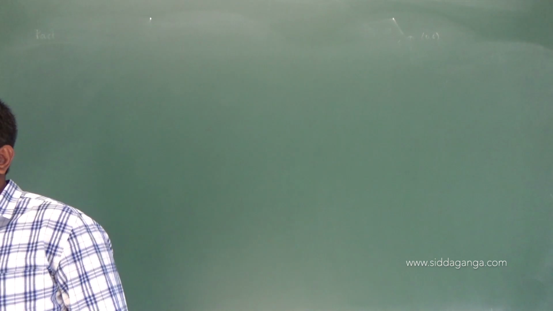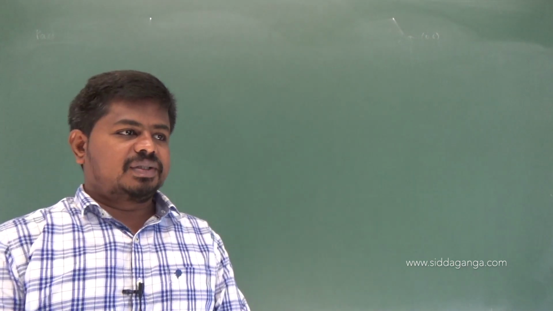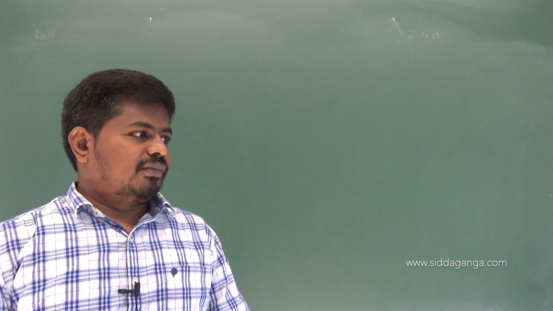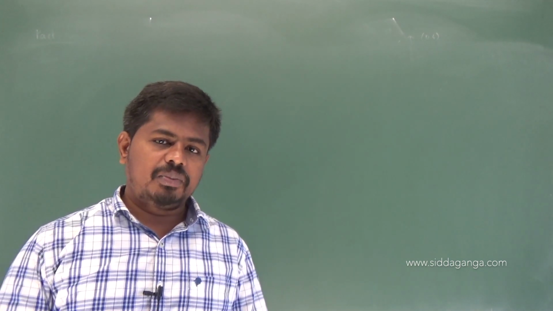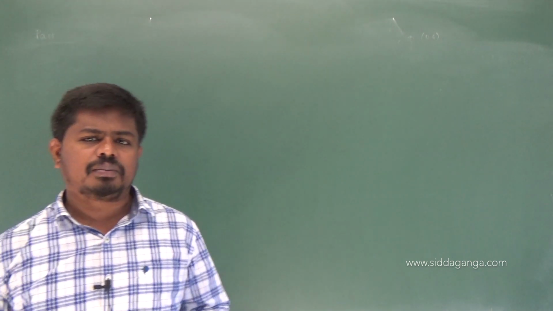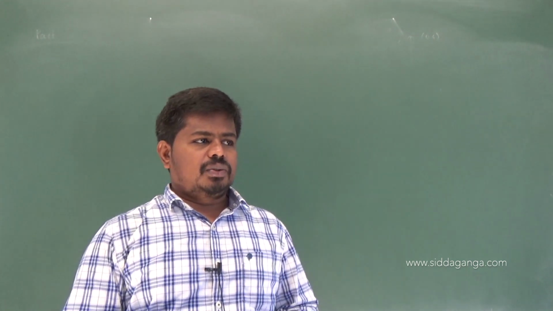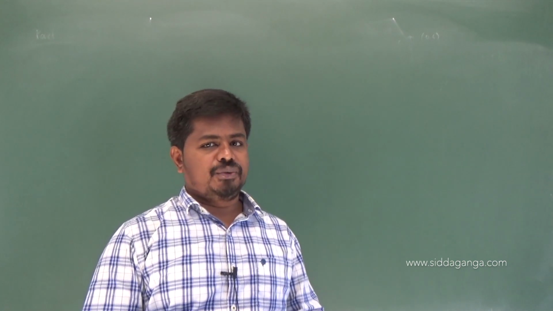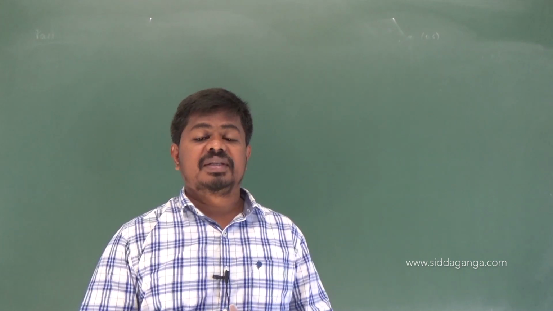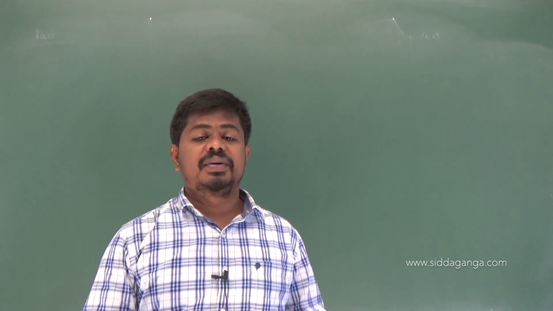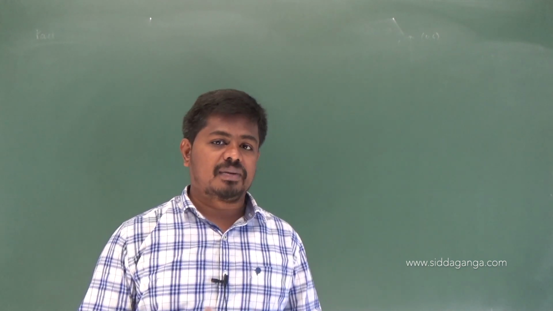In the next session, we are going to discuss how to find the solution region for a system of inequations. In a system of inequations, there may be more than one inequality, two or three, maximum of three inequalities you may get. In that case, you have to find the common region which is satisfied by all the three given inequalities or two inequalities.